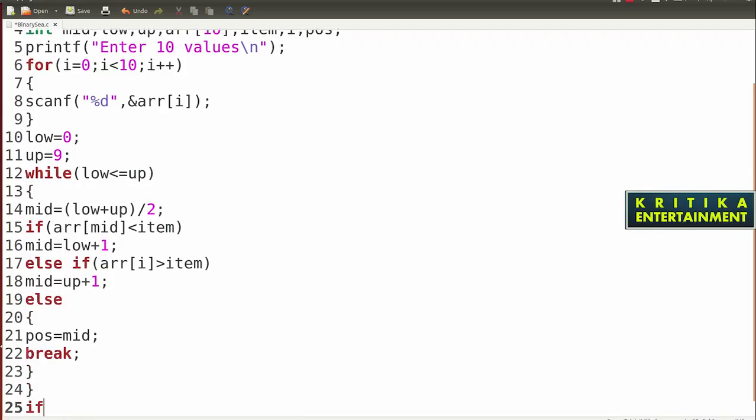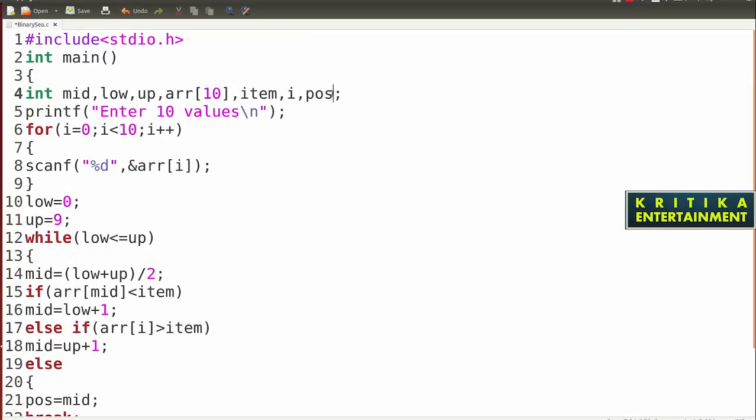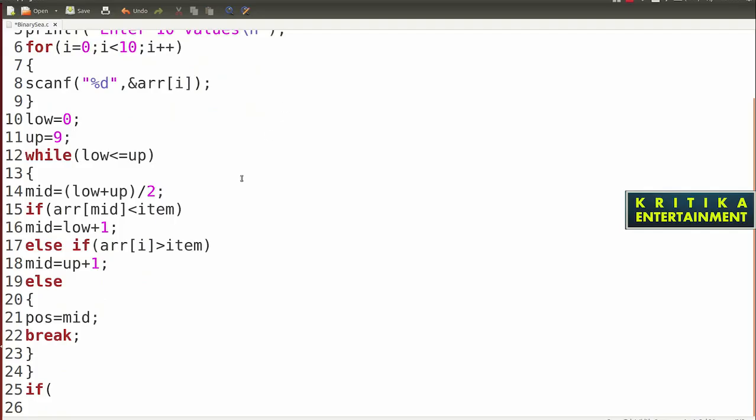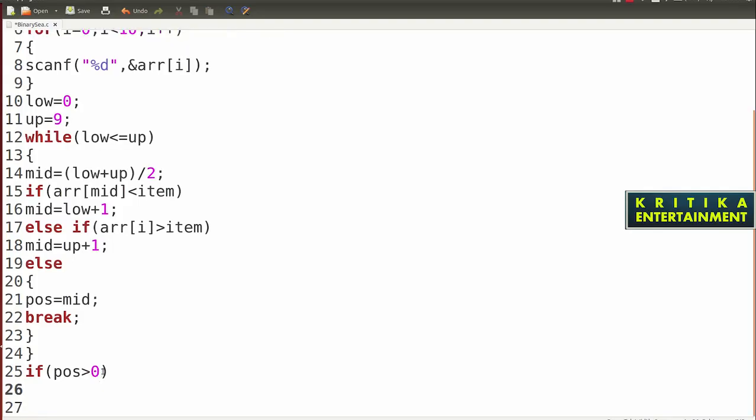Here we will check: starting from the start, position is stored as 0. Here we will check if position greater than 0, that means if the item is found.